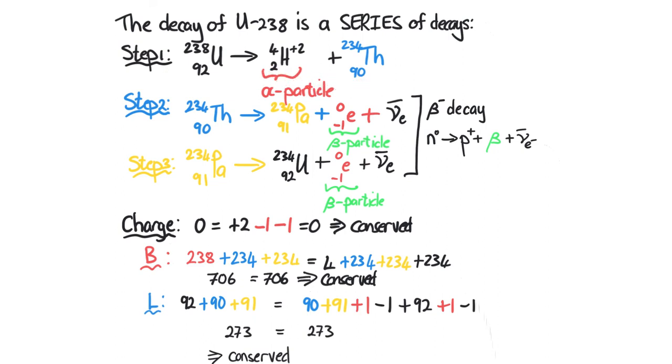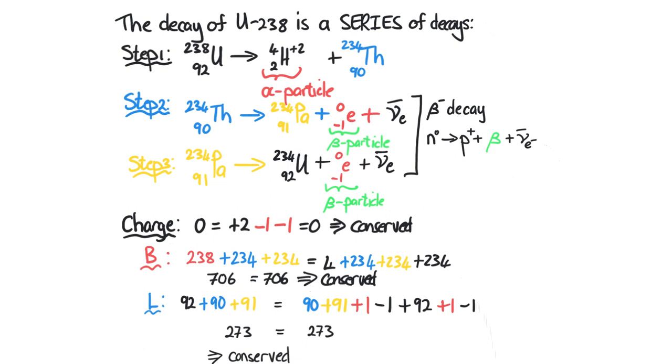We have 90, we have 91, we have a beta particle, which is an electron, so it's +1. An anti-electron neutrino, being an antineutrino, is going to have a lepton number of -1. We have 92 for the 92 electrons in that uranium, +1 because it's a beta particle, -1 because it's an electron antineutrino, and voila, we get that the lepton number